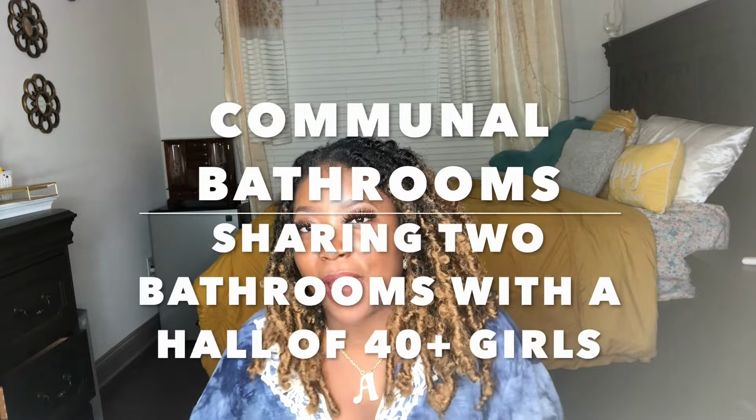Alright, now this is a big con. Communal bathrooms. Communal bathrooms means that you share a bathroom. You don't have a bathroom in your room. You share a bathroom with the whole hall. So there's a bathroom on this end and a bathroom on this end. So the bathrooms have like 3 to 4 stalls and they have different showers and stuff. But like, yo,